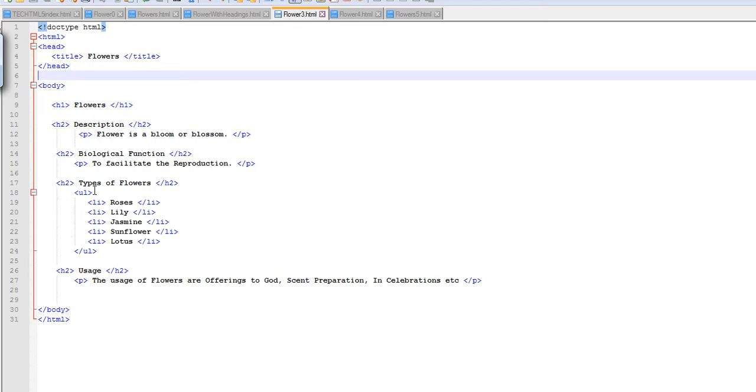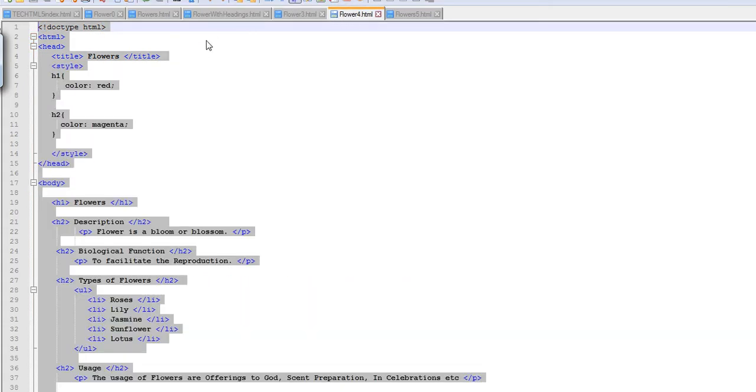Similarly she does everything, and now she tells the teacher, you have structured the content somehow. So now try to use styling, like give some colors to this file. So she gave the heading a red color and the subheading a pink color.